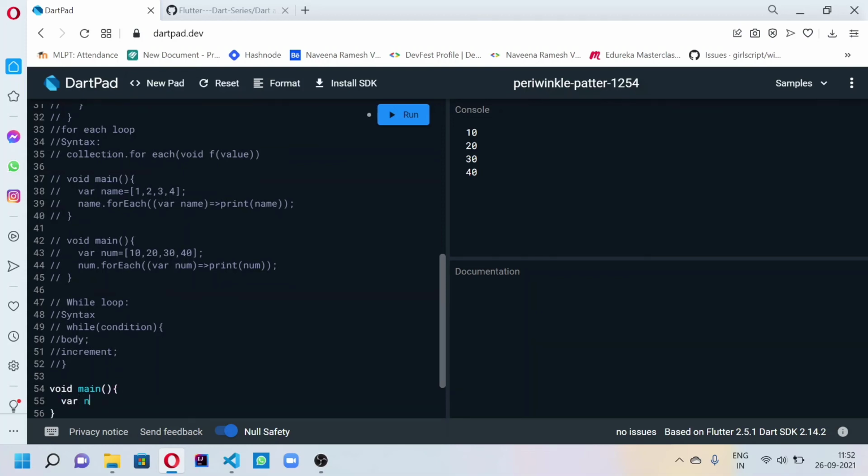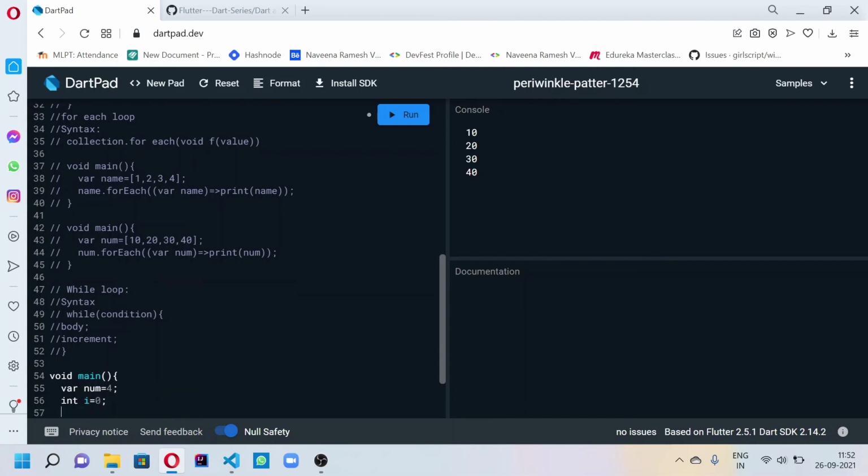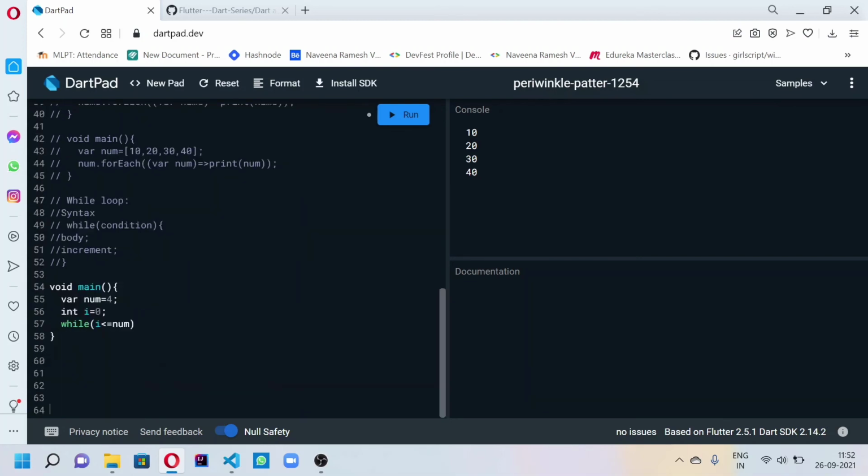Where num is equal to 4, int i is equal to 0, while i is lesser than or equal to num, print i.